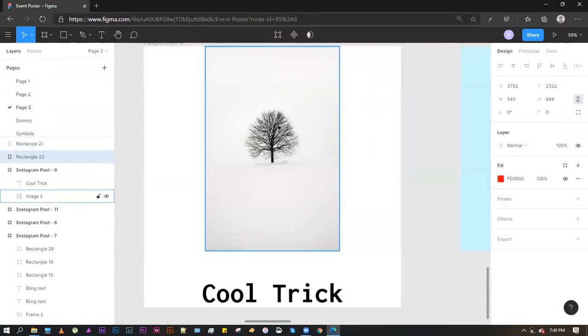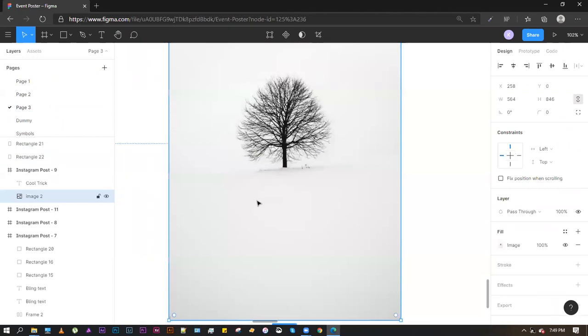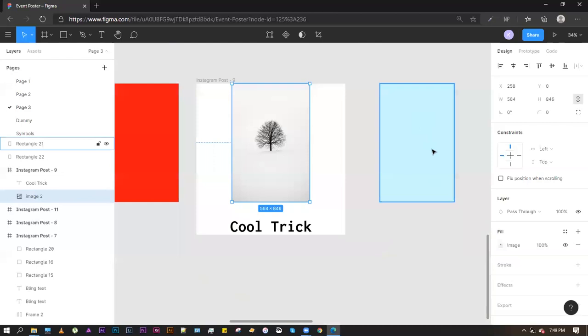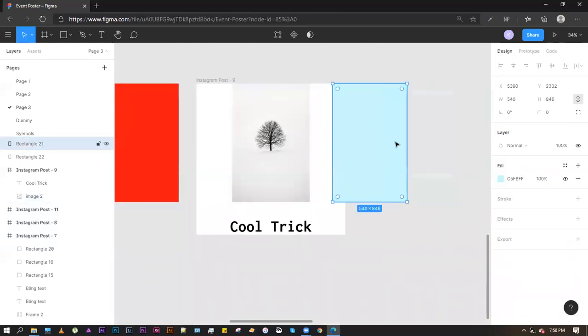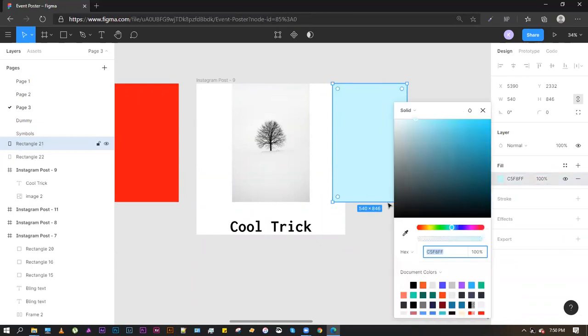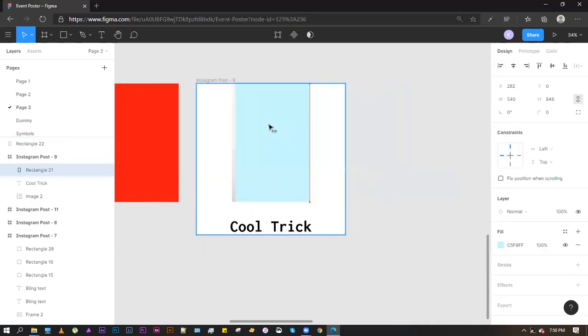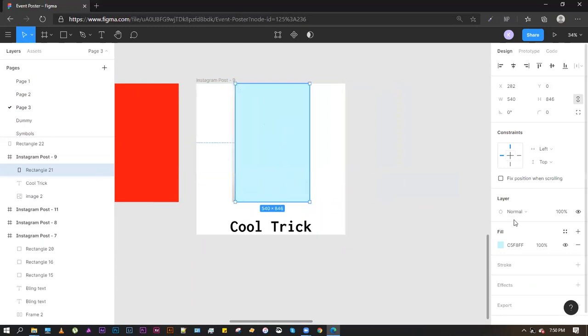Let's move this outside. So now if you have a black and white picture and you only want to color the black parts of the picture, what you do is you simply create a rectangle. I have created a rectangle and given it this color. You can choose any color, okay? And if you only want to color the black part of the image,